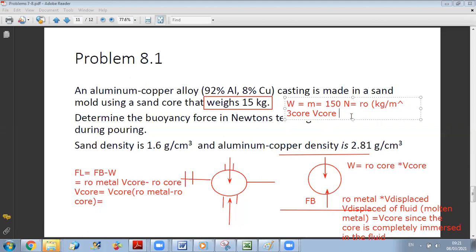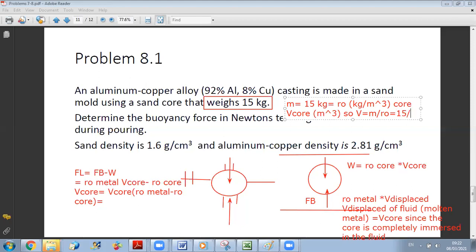So we get just that the mass is rho times volume. If we remove the weight, we have M equal to 15 kilogram, equals rho of the core times volume of the core. Now, the volume will be in this equation in meter cube, okay? So if you say that the volume here, you get V equals M over rho, okay? It will be equal to